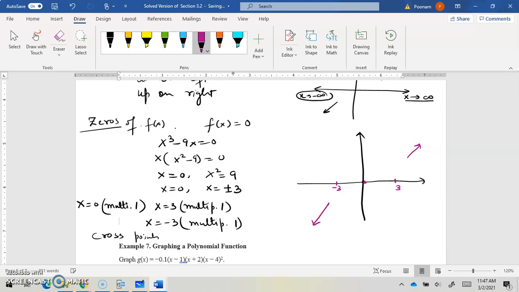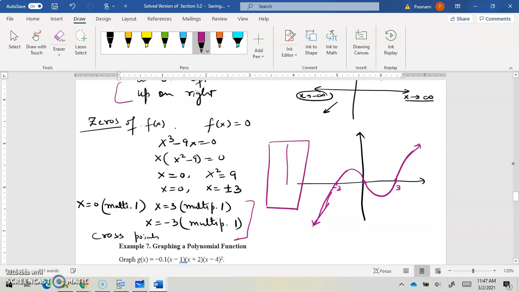Negative 3 is a cross point. So the graph has to go up and it has to pass through negative 3. Now the graph has to pass through 0 also. So it has to turn back. And it passes through 3, so it has to turn back and go up. Something like that roughly. Okay, so just by using the zeros and the end behavior, I have a rough idea what my graph is. Then what we can do is find a table of values in between to